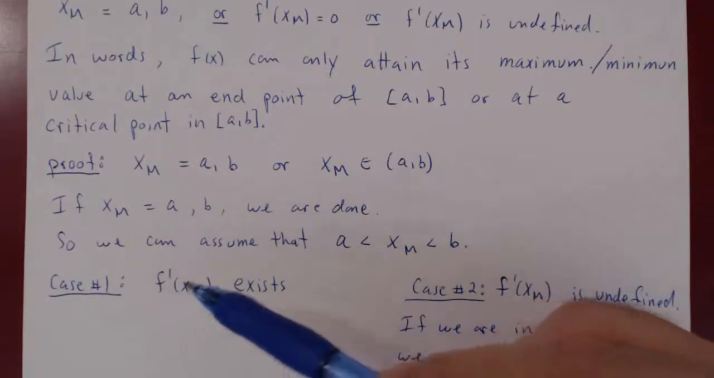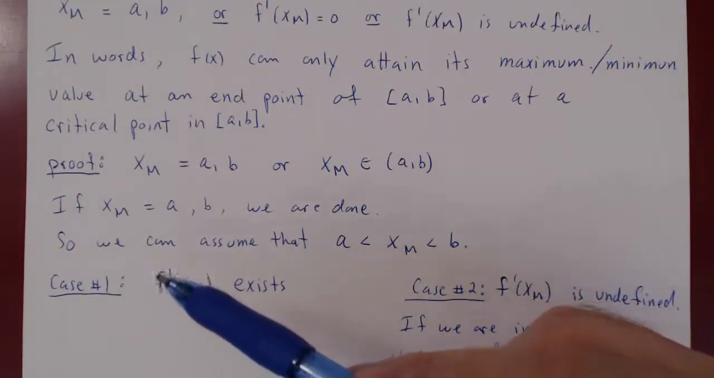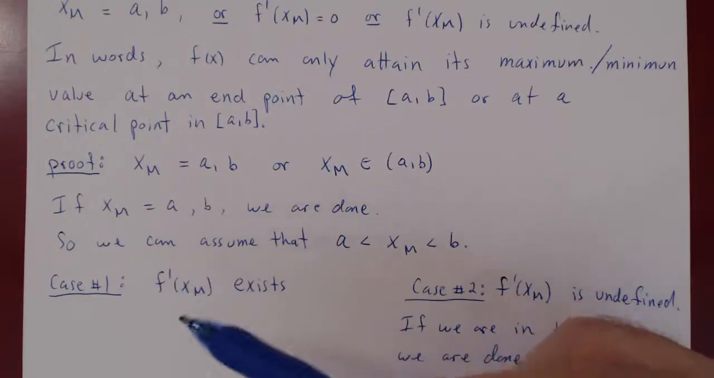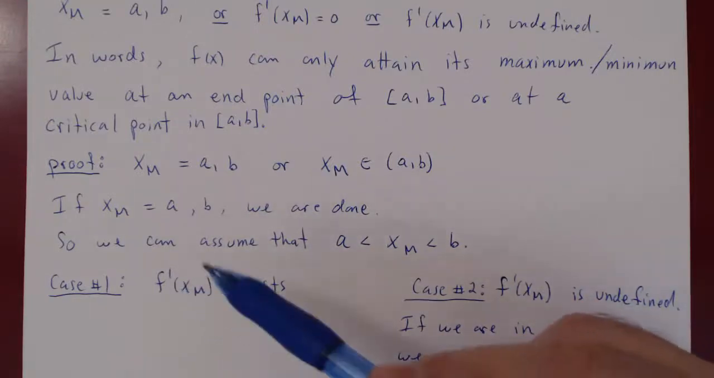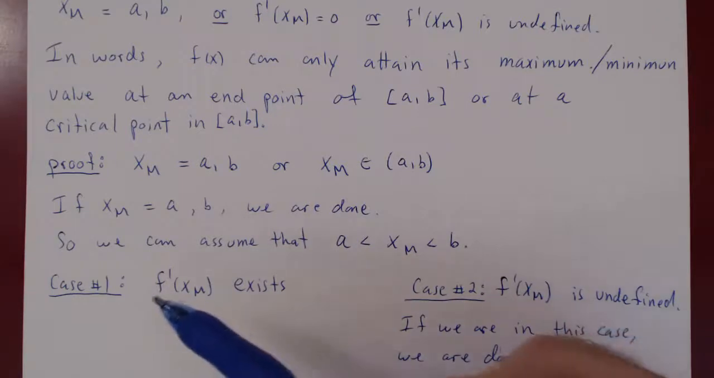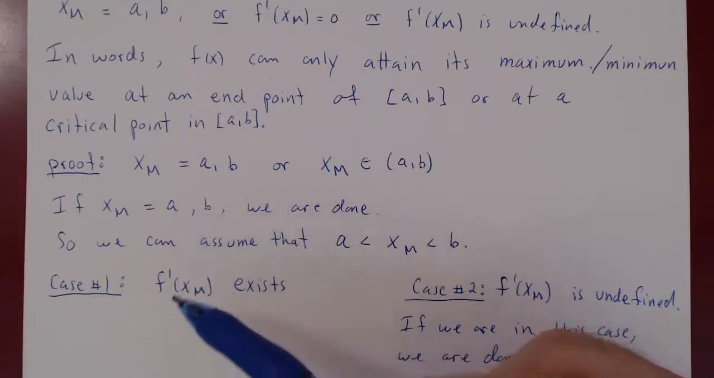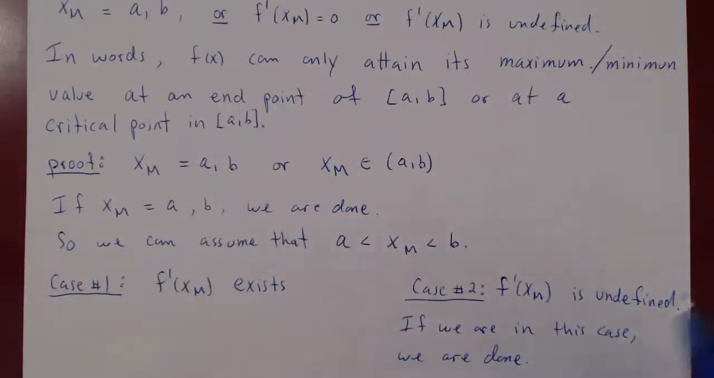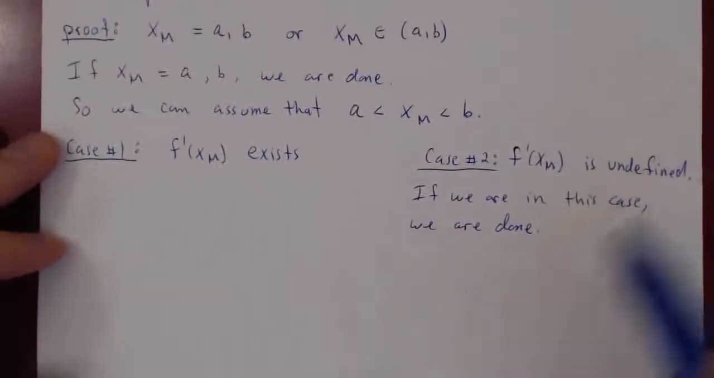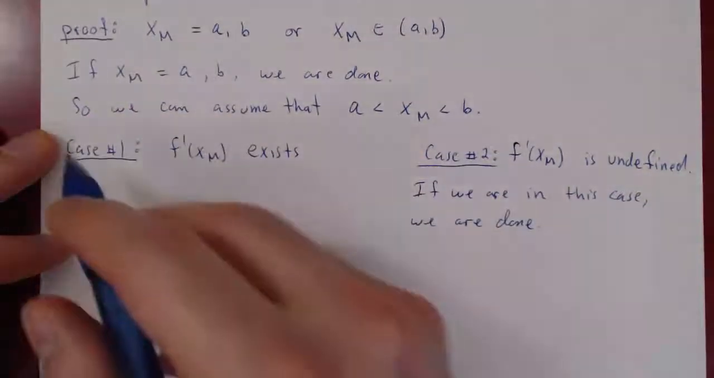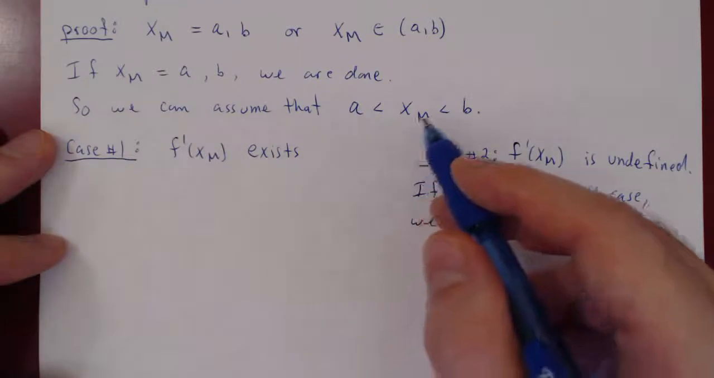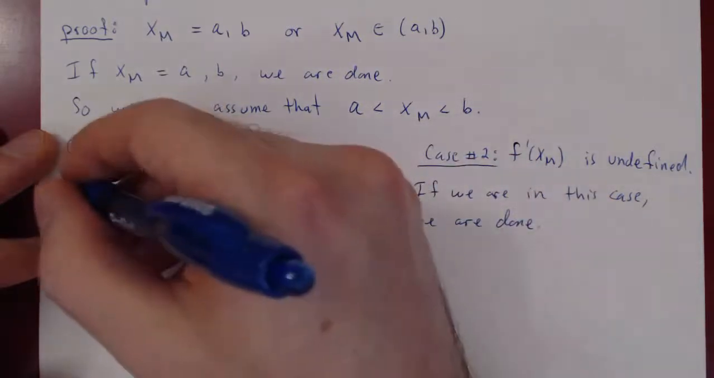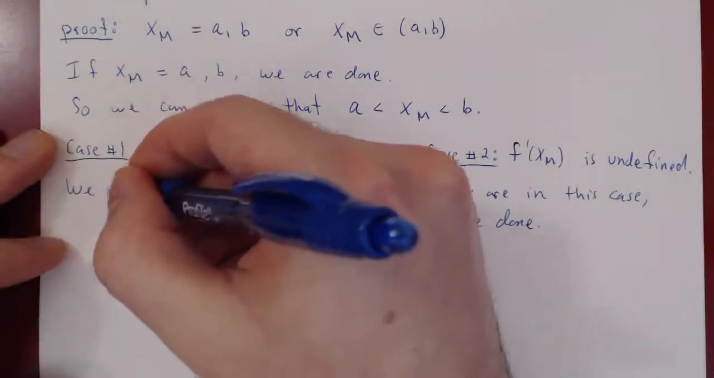Well, if the derivative at xm exists, and xm is a critical point, the derivative at xm must be equal to 0. And if we can show that, then we're done. If the derivative at the absolute maximum is 0, xm is a critical point, and we have proved the result. That's what we have to show now. So we are in case 1, assuming that the derivative at the interior point xm does exist, and we must show